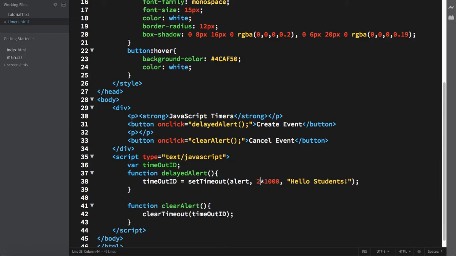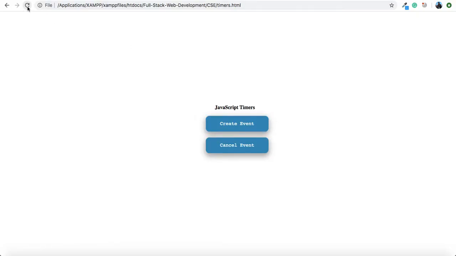Do one thing, make it 2 seconds and see how it works. First we will click this button, create event. It will show us an alert after 2 seconds, and then we'll click cancel event the second time, and we'll see that it stops. Let's refresh this page, create an event. You can see the alert.